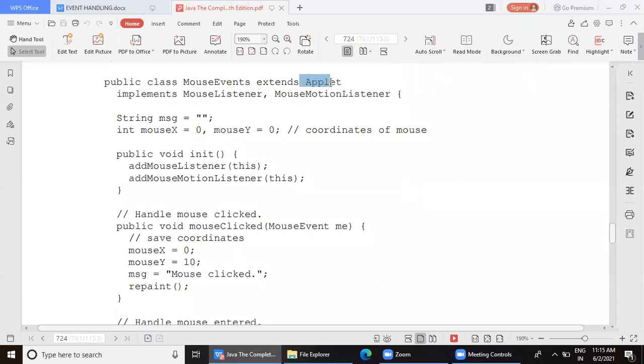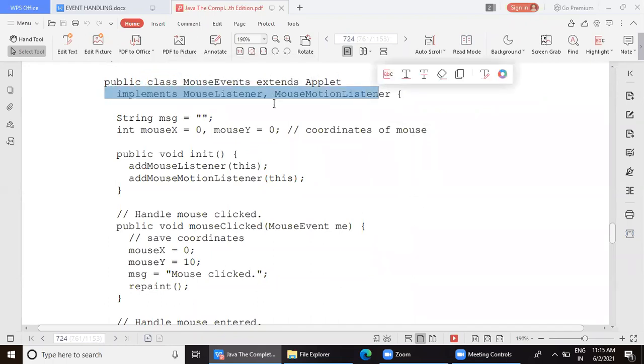So here Applet is one parent, then implements MouseListener, so second parent, and here we have MouseMotionListener. So we have three parents, not exactly all classes, one class and two interfaces, from which this class will use the methods, or is inheriting. Fine. So here we are implementing two listeners.